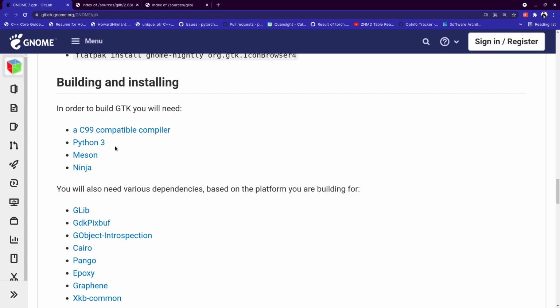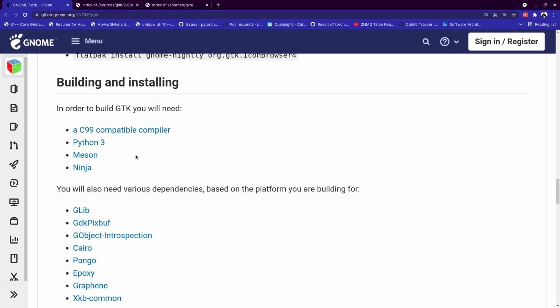You can check by typing python and checking the version, and then try to install Meson and Ninja. This video will be limited to Meson and Ninja, how to install them, and then we'll move on to the dependencies. Please use pip for installing these dependencies, or maybe Anaconda. I don't know if this is on Conda, but you can use pip install meson and pip install ninja. The reason is that depending on your distribution, if you do sudo apt install meson, it will also install ninja-build for you, but the version you will get is 0.53.2, if I'm not wrong.